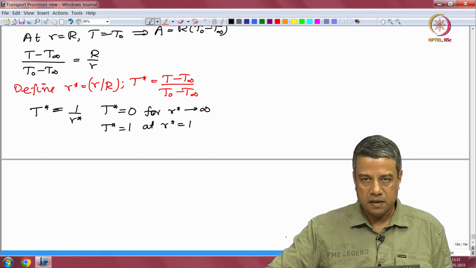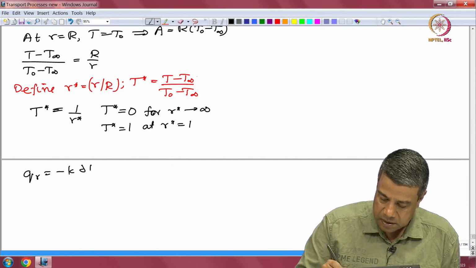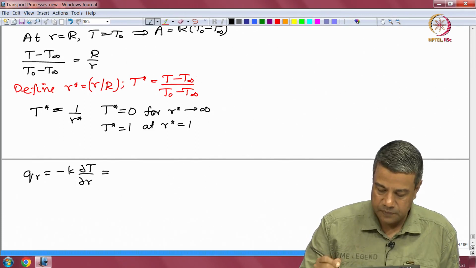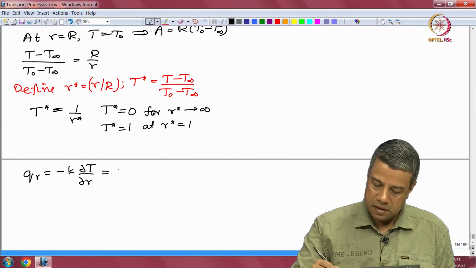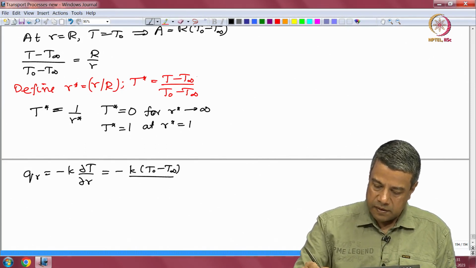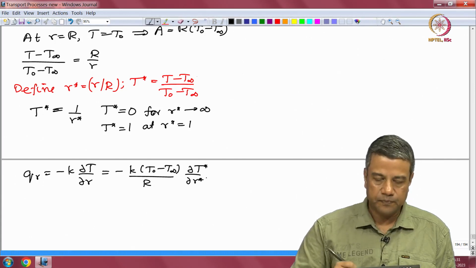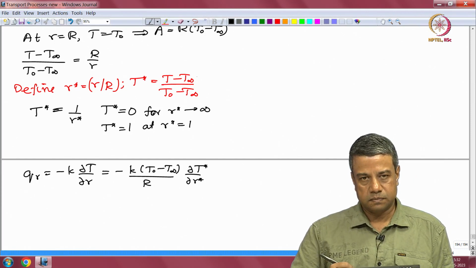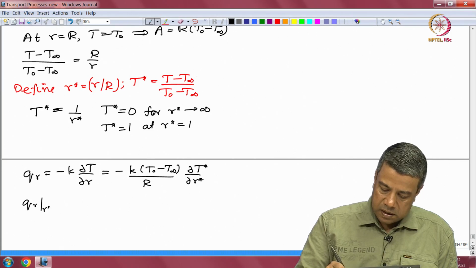Now, what is the heat flux? q r is equal to minus k partial T by partial r. I can express it in terms of T star: minus k into T naught minus T infinity divided by R, partial T star by partial r star. The heat flux at r star equal to 1 is equal to